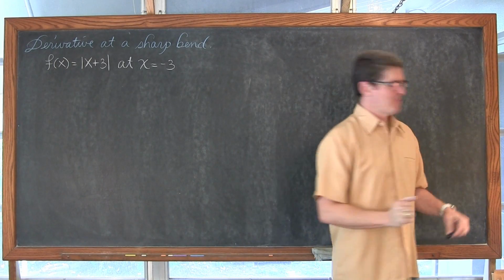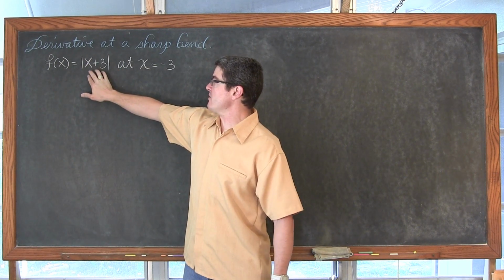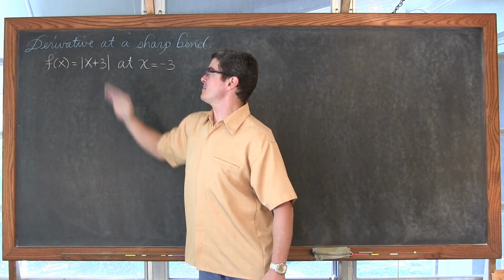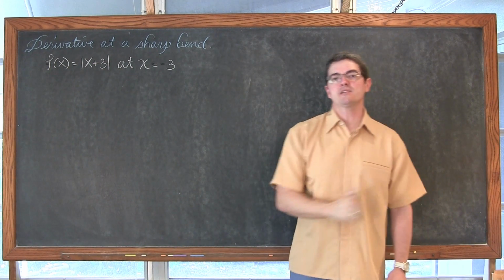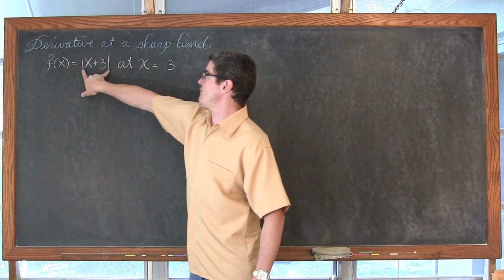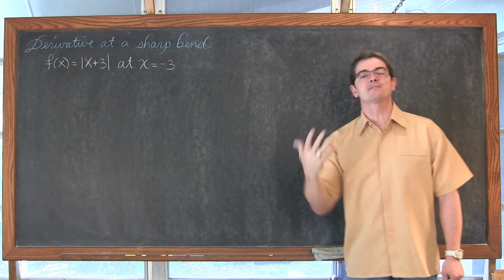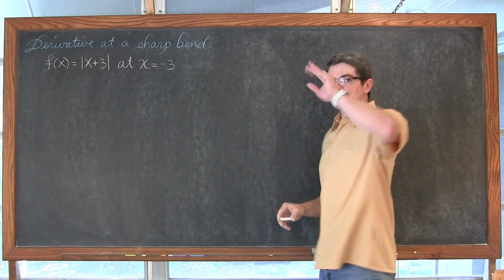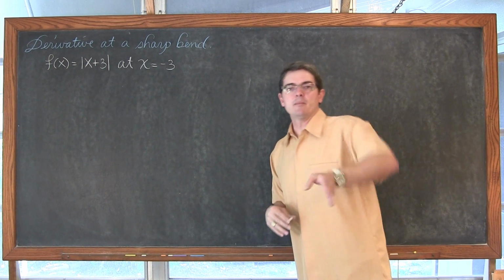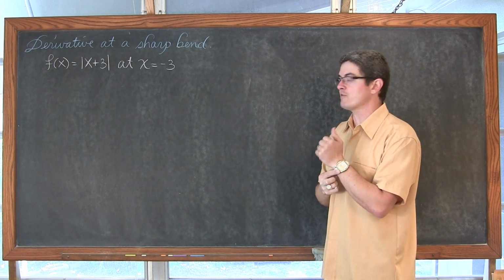Derivative at a sharp bend. Remember those absolute value functions? Inside the absolute value function, where that expression is able to equal 0, and the function without the absolute value symbols would sort of cross through having positive y values into negative y values or vice versa. Well, the absolute value function tells you how far a value is away from 0 on the number line, basically, thus letting us see that it just cancels out the negatives. So we get these sharp bends, like as soon as it hits where it should be hitting the x-axis, unless there's a vertical shift, it's going to sort of bounce right off of it and make a sharp bend at that one particular value of x.